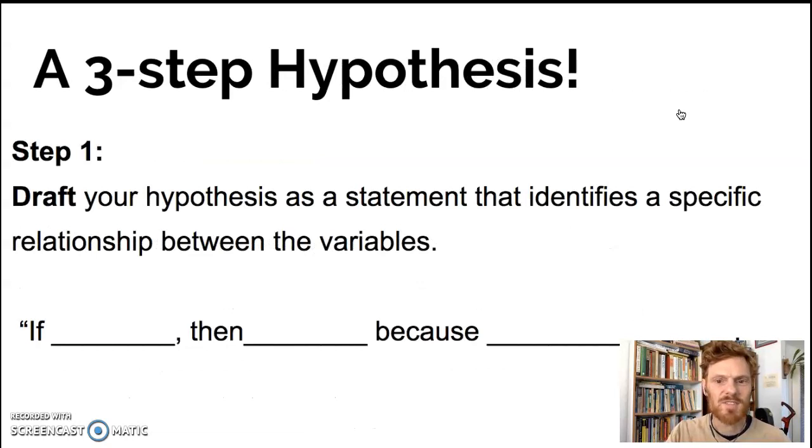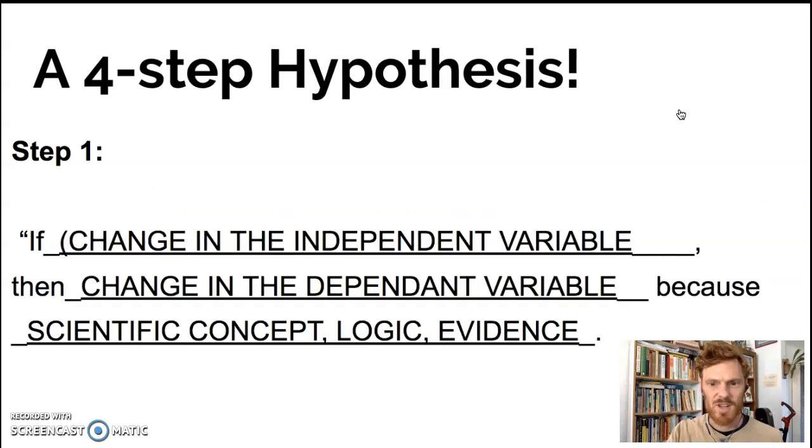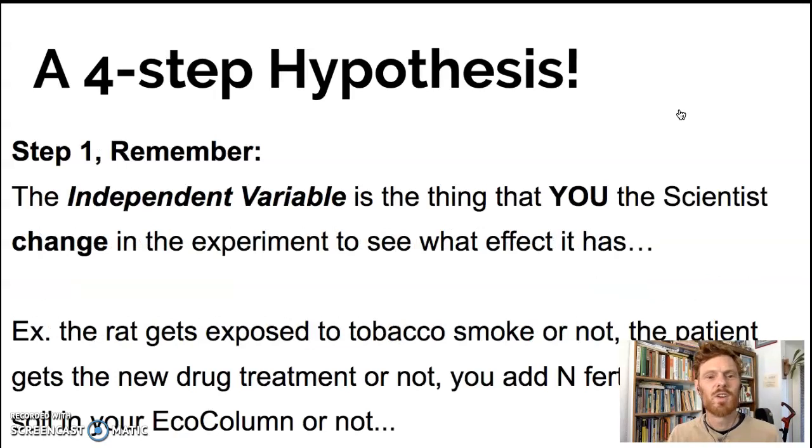So draft your hypothesis as a statement that identifies a specific relationship. If blank, then blank because. If independent variable changes in a certain direction, then dependent variable changes in a certain direction because explanation. Right? If change the independent variable, then change the dependent variable because scientific concept. Right? Okay. So remember, the independent variable is the thing that you, the scientist, are changing in the experiment